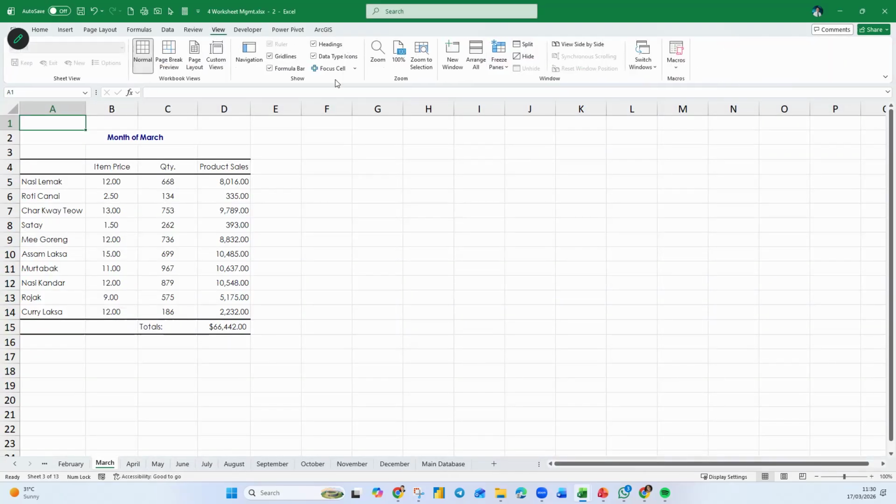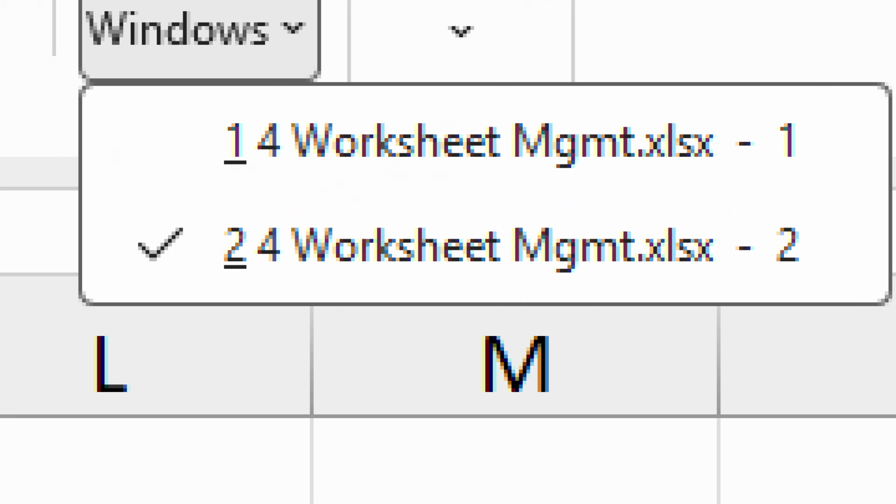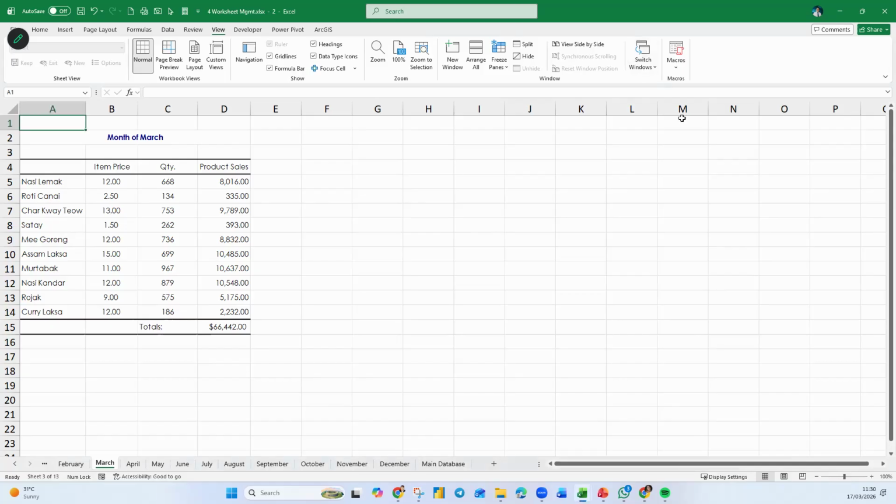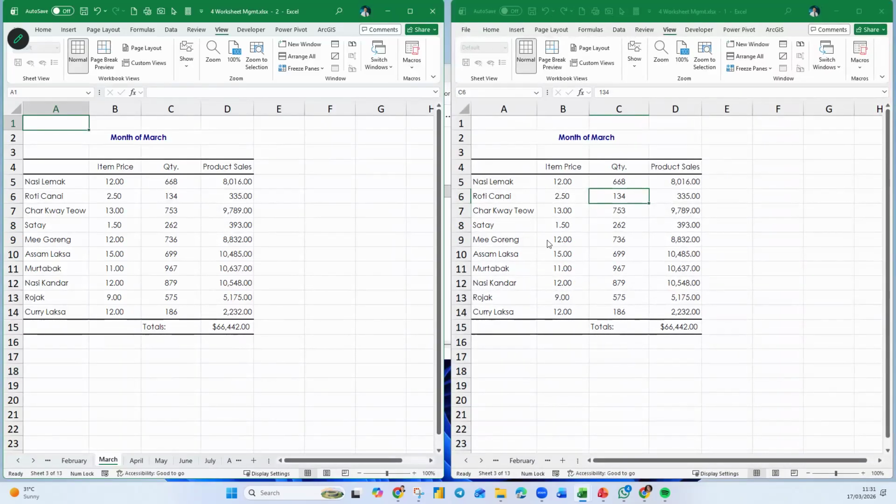Okay, so I go back to my view and I click on switch. You notice now that I have two windows of the same file. It's the same file, but I've got two windows now. So it's not two files, it's the same file with two windows. So what I'll do is I'll click on arrange all. This arrange all allows me to choose how I want to arrange them. So I'm just going to keep with tiles. I hit OK. See, now they are arranged side by side. I remember I told you that I want on the left my report, on my right my database, right?